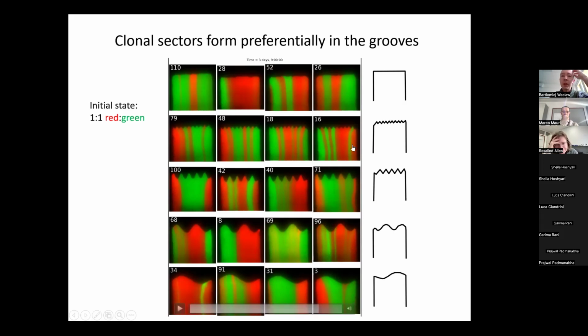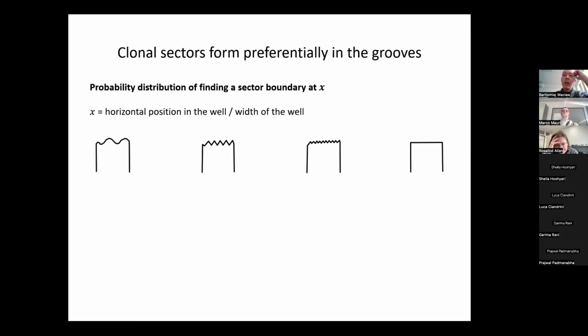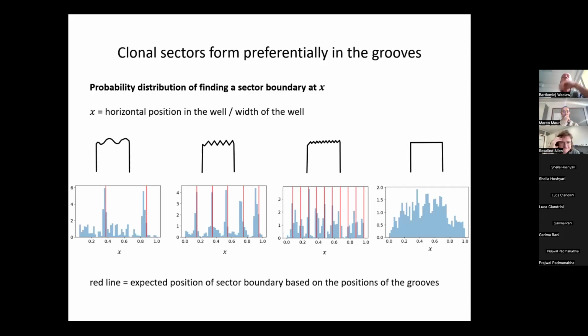Of course, you can see already from this picture that it's not going to be exact, because these biofilms, these sectors bend a little bit, but there should be some correlation between the positions of the grooves and the positions of the boundaries. So this is what we do here. We plot the probability distribution of finding a sector boundary at a particular point across the well, where this position is just some normalized position